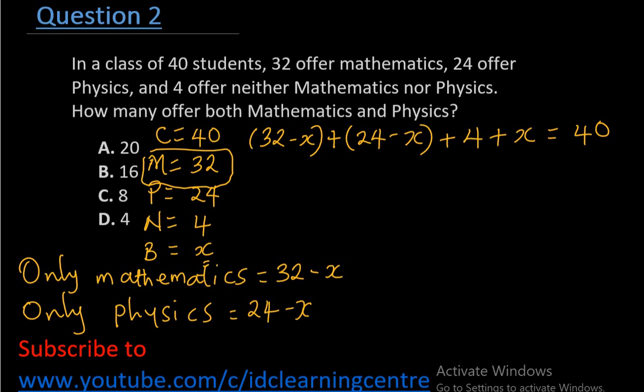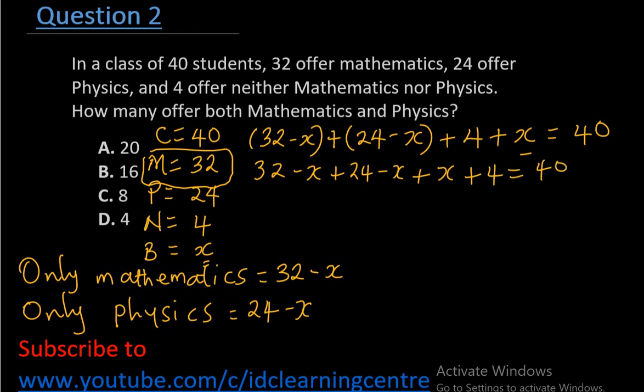Alright, now 32 minus X plus 24 minus X, let's bring this X closer, plus X plus 4 equals